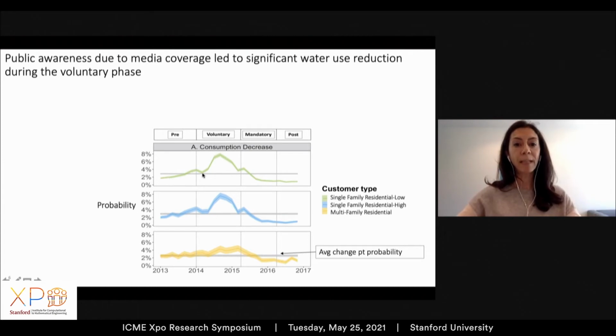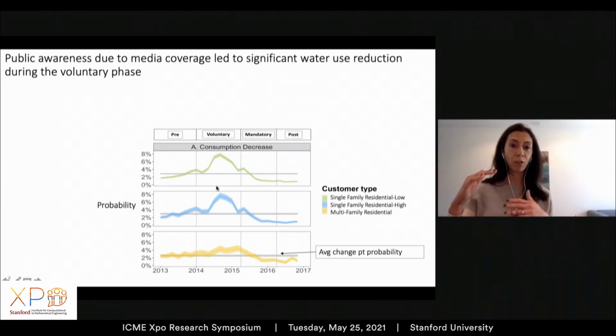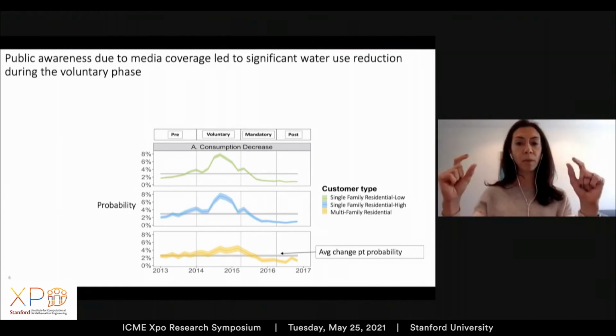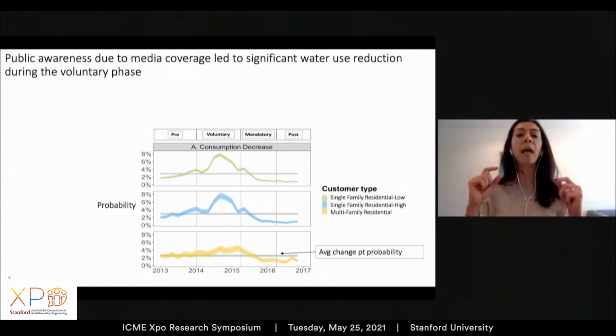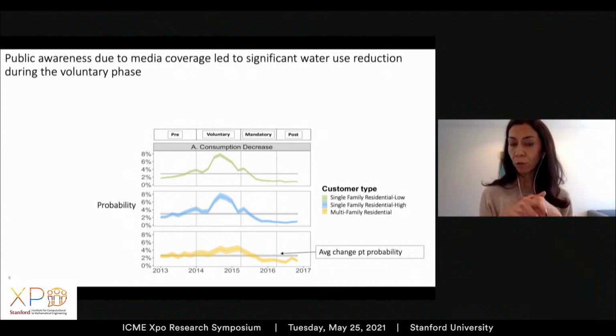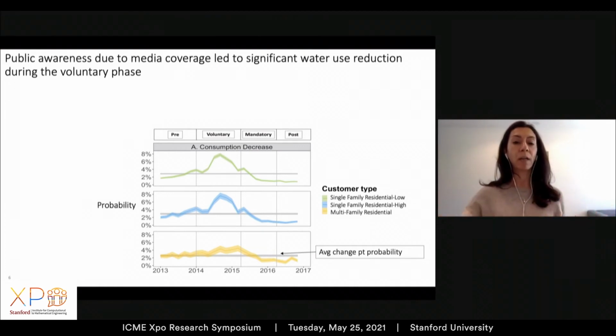So this is basically that you see most of the people, and then we also divided these customers between the people who use the most amount of water, the top 20%, and people who used the lower 80%. These are all single family residentials. And then multifamily residentials are in the yellow at the bottom, that are basically these buildings with multiple units in them. And what you see here is that most of the conservation, especially for the single family residential, happened